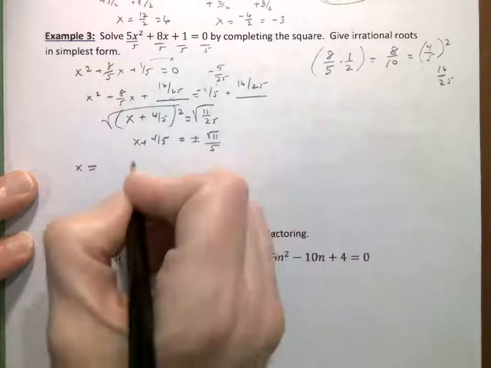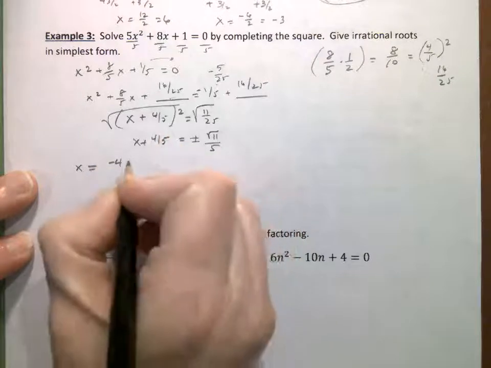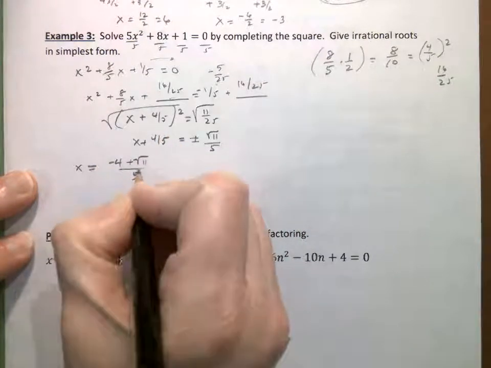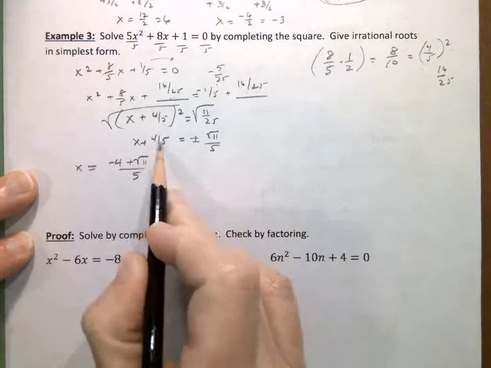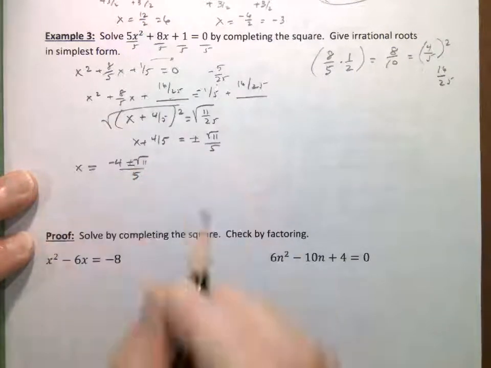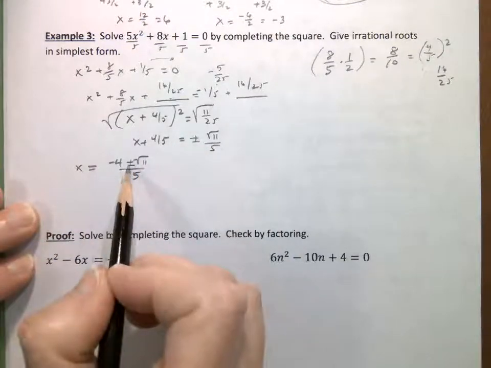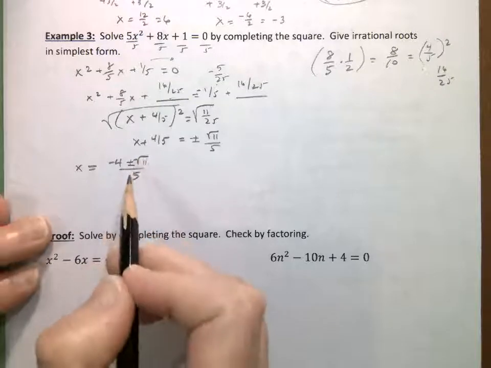So if I were to subtract 4/5, I would have negative 4 plus square root of 11 all over 5. Okay, because they have a common denominator, so it'd just be negative 4 plus or minus. Okay, so there's one way to do it. I can just write it as a single fraction with the plus or minus